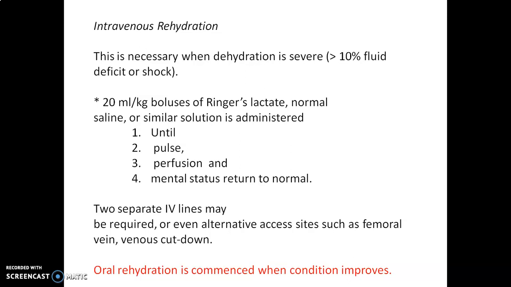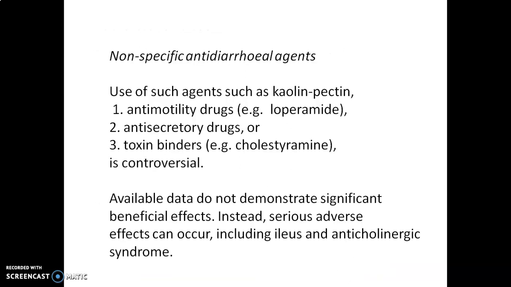So here 2 separate IV lines may be required, or even alternate access sites such as femoral vein or venous cut down. Oral rehydration is commenced when the condition is improved. Even sometimes non-specific antidiarrheal agents can be used, which include kaolin and pectin. Even anti-motility drugs can be given, an example is loperamide. Even anti-secretory agents and toxin binders,